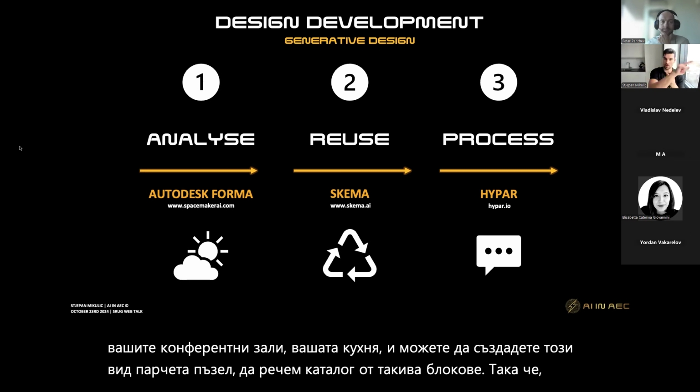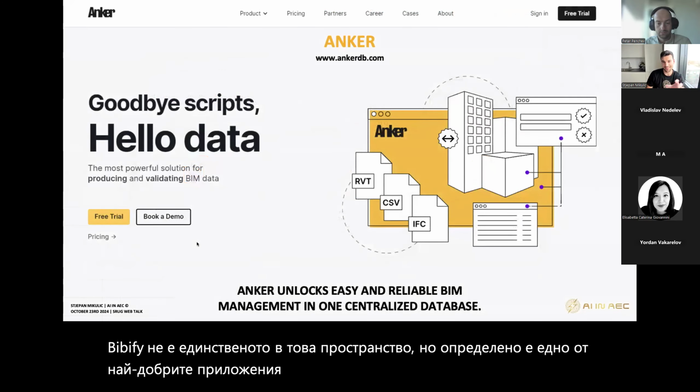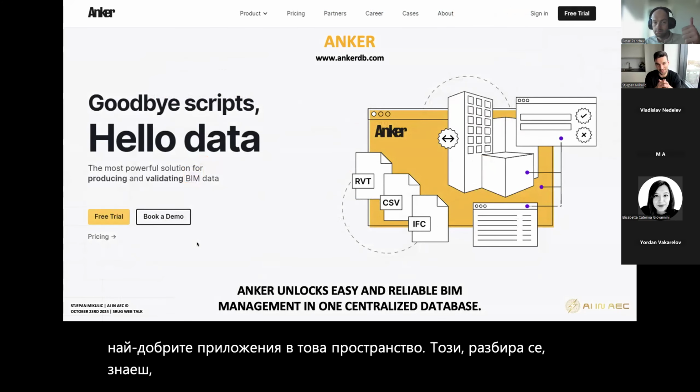I know the guys there. They're doing some really amazing stuff. So this is something I would really recommend checking out. Bimify is not the only one in this space, but it's definitely one of the best apps in this space. This one, of course, Anker, if you've heard from Howard, you had his presentation, but I wanted to mention it